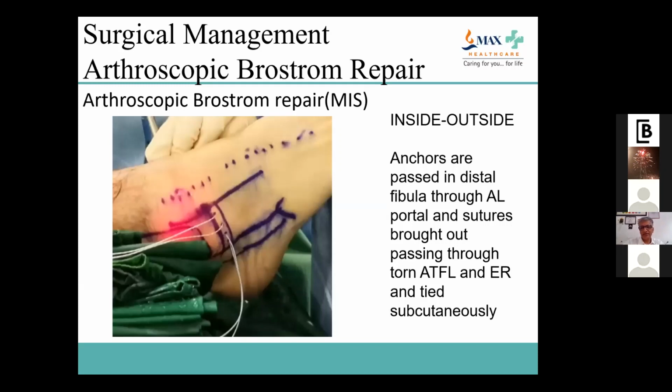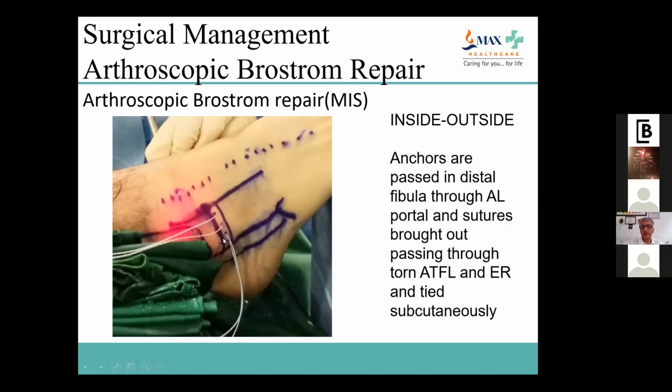So as you can see here, this square mark, this marking which is done, is close to the upper border of calcaneus, and this is about 1 centimeter lateral to the superficial peroneal nerve, and that's how this is a safe zone through which our fiber wire should come out of this particular rectangle, which is about 2 centimeter from the tip of the lateral malleolus, and this is the area where your extensor retinaculum lies.